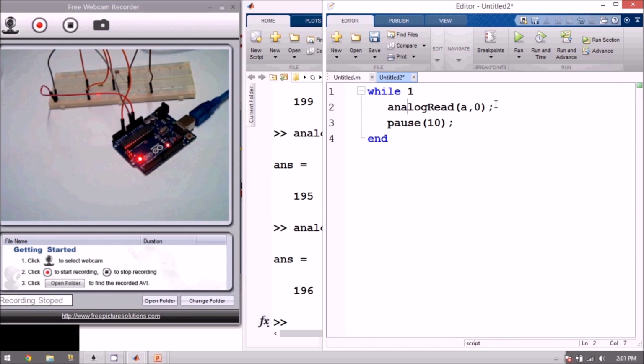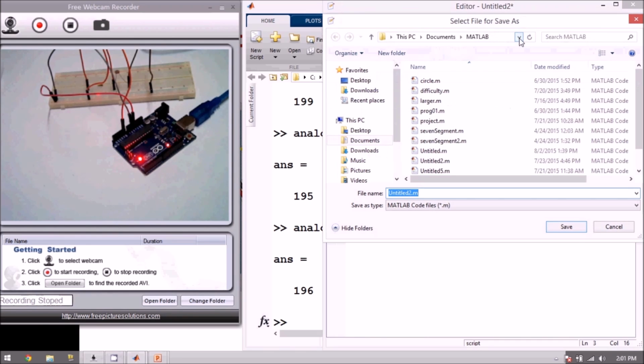I could have done something like this: the light equals, and then I print or display light, like that. Let's run the program,